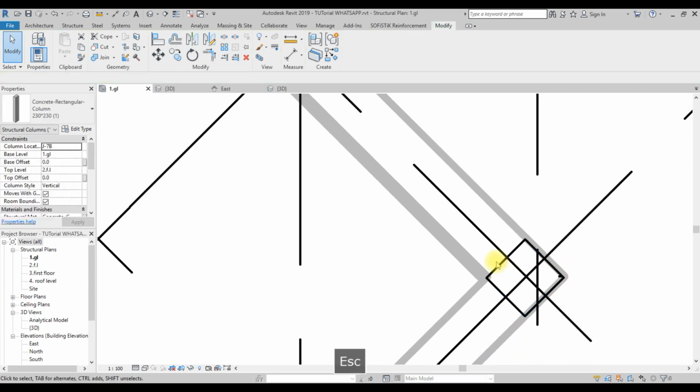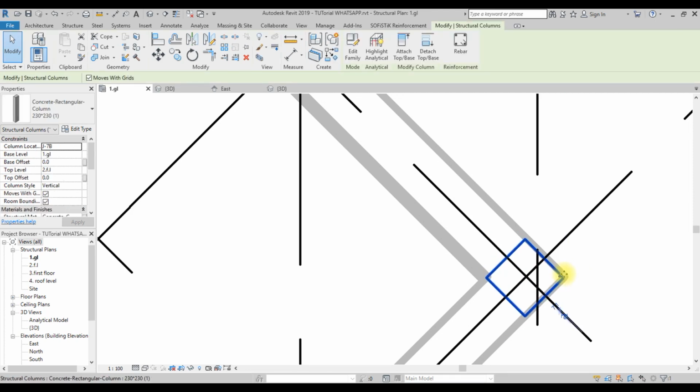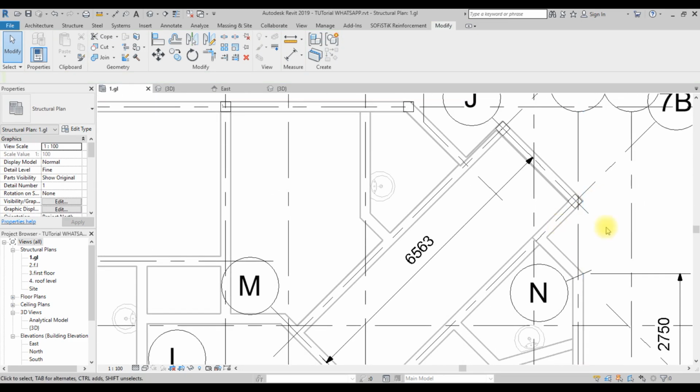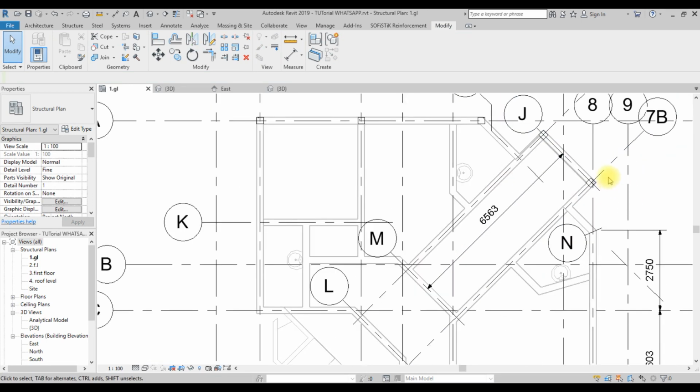Place it there, and I will adjust it back. Okay, it's better like that. So this same column shape and direction applies to this one here. So you do the same.